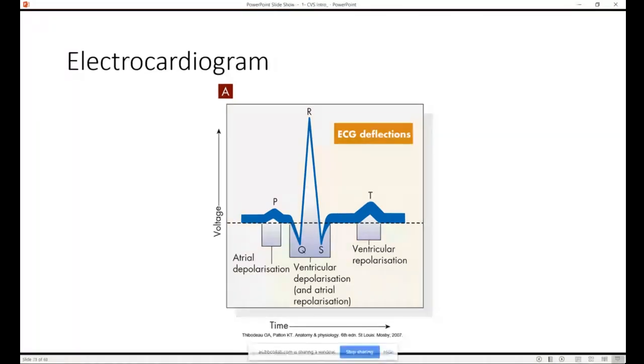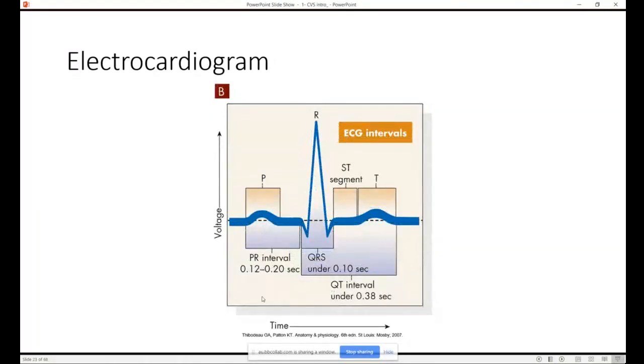So, all right. So this is PR interval, which is from the beginning of the P wave to the beginning of the QRS, 0.12 to 0.2 seconds. Then you have QT interval, you have different segments. So when you are interpreting an ECG, you have to look at the intervals, the segments, the waves, and you can derive a lot of information about certain cardiac pathologies. Okay, but we're not going into those details at the moment. When we talk about some pathologies next week, we will see how ECG can provide us information about different